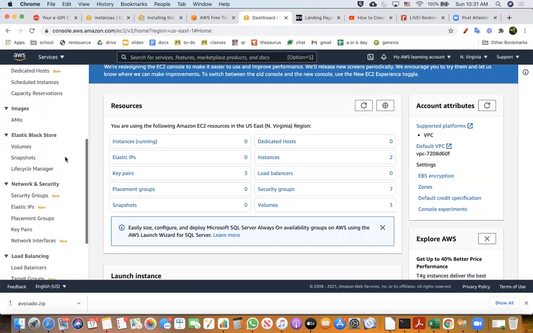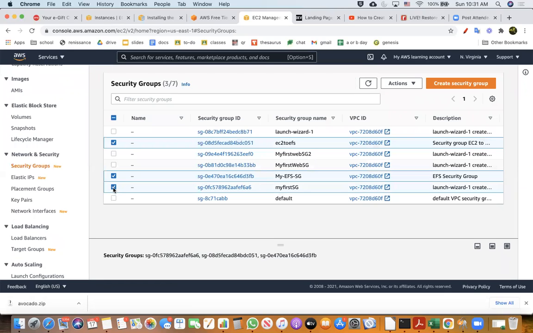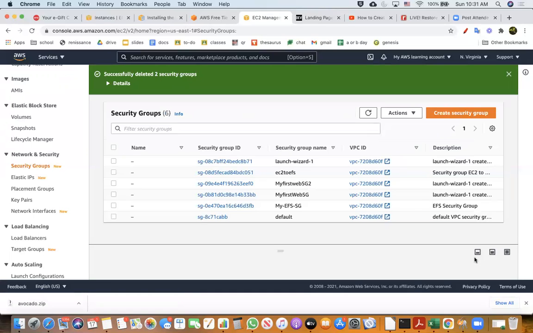So I have security groups here. I'm going to delete some of the old security groups which I no longer need. Okay, I deleted them.